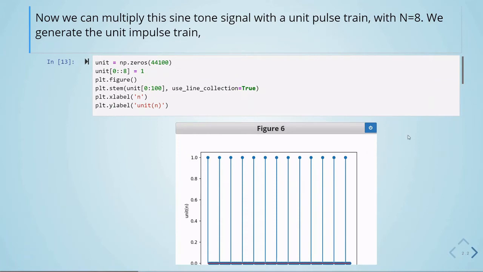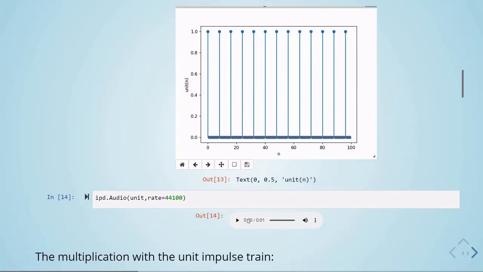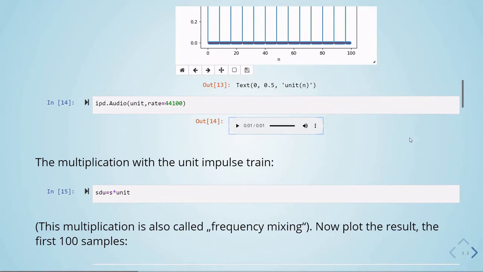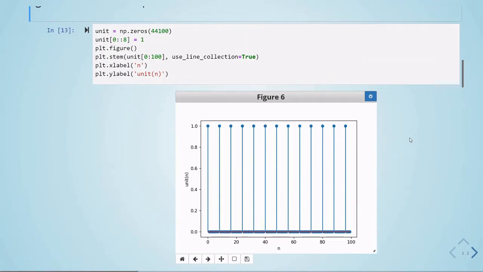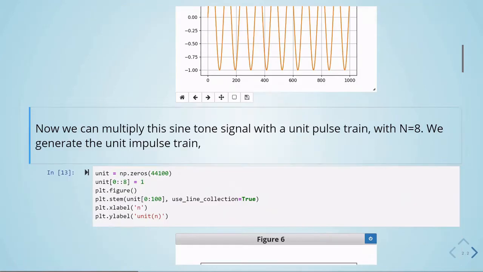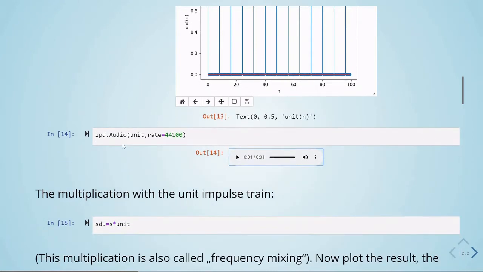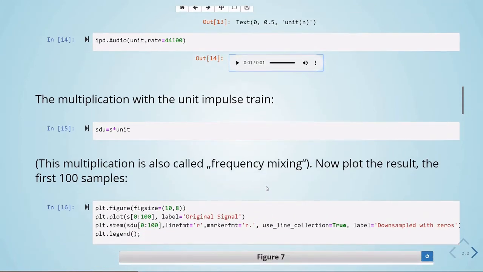and then we can listen to this unit pulse train. So this is how it sounds, and we are now multiplying our signal with the unit pulse train. So this is what I'm calling here SDU, so our signal times this unit pulse train, and this multiplication is also called frequency mixing,